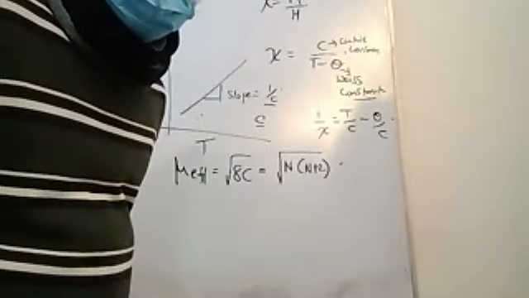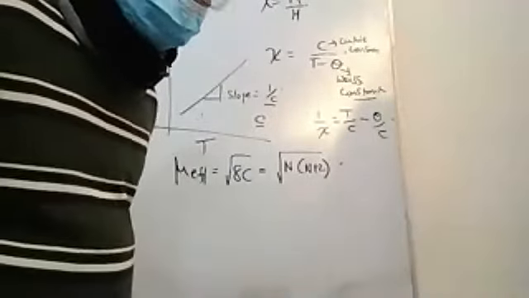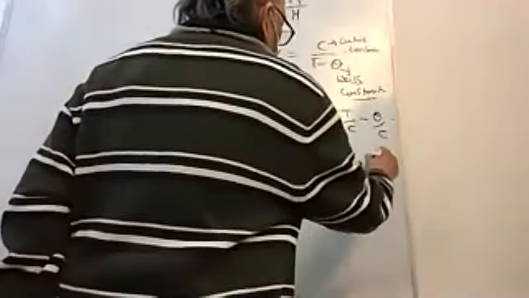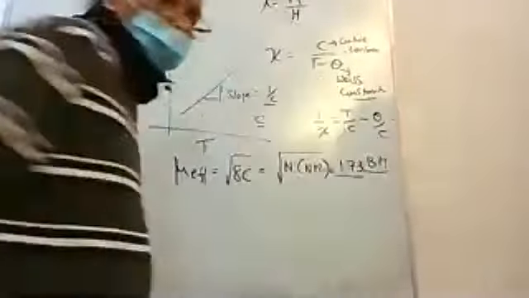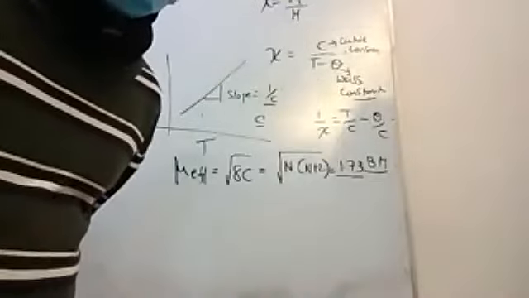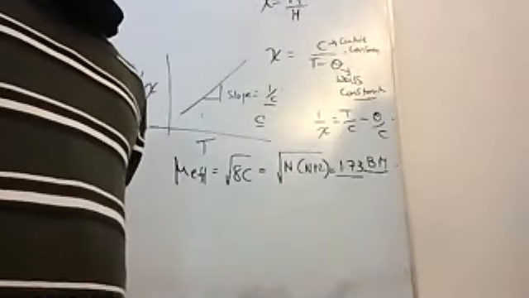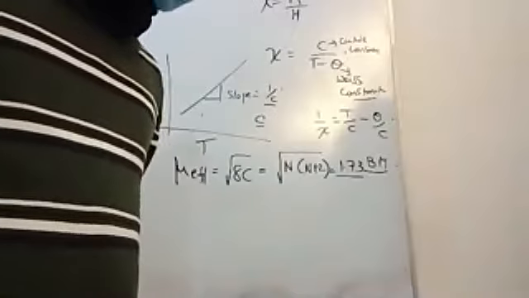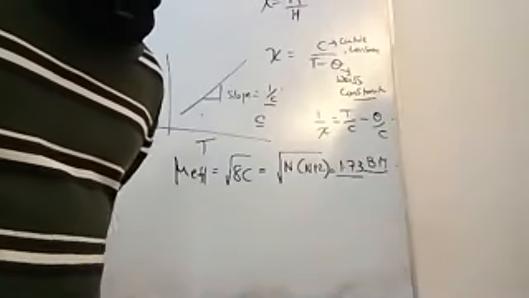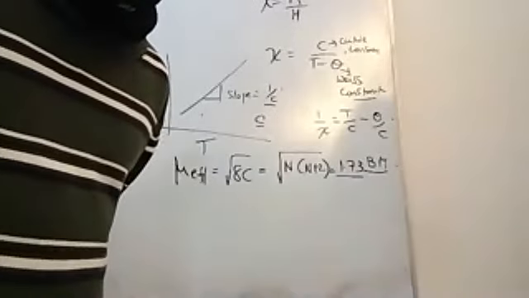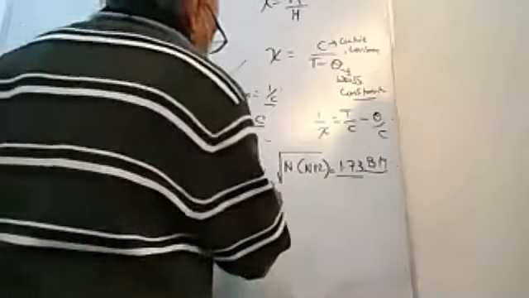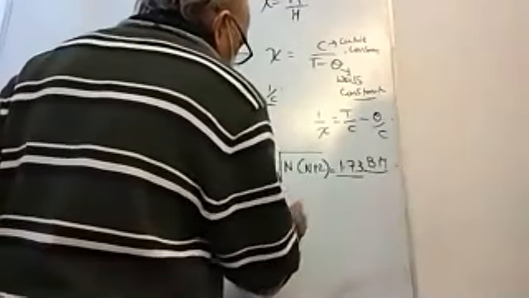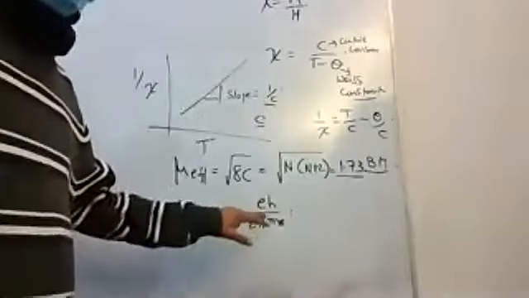What do we get? Yeah, 1.73, what we call Bohr magnetons. That is the unit that we use. Just like time is in seconds, length is in meters, amount is in moles. The effective magnetic moment is measured in Bohr magnetons. And a Bohr magneton by definition is eh over 4 pi m_e. So you don't have to worry about that.